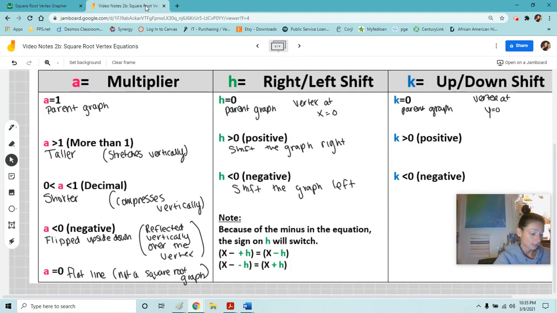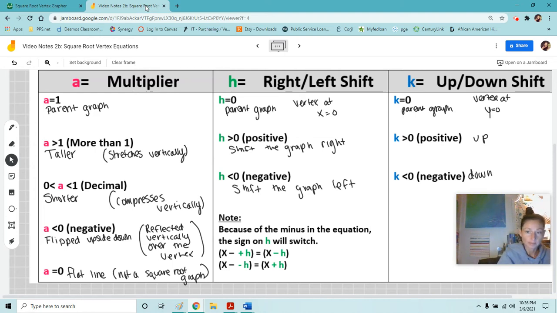All right, going back into the notes here. And so for k, when it's positive, it goes up. When it's negative, it goes down. Okay. So pretty straightforward. And then one thing just to keep note of, if it's easier for you to think about it this way,